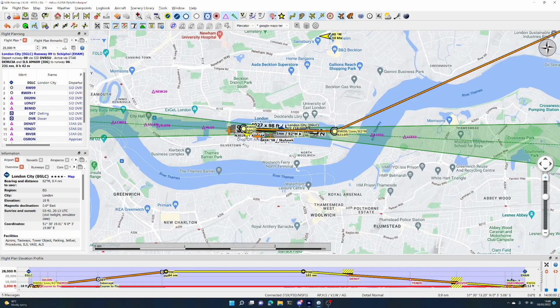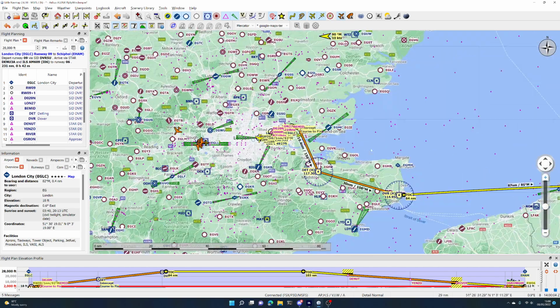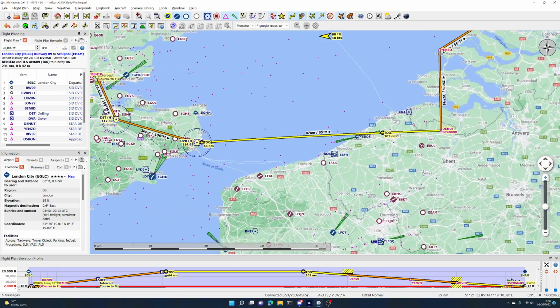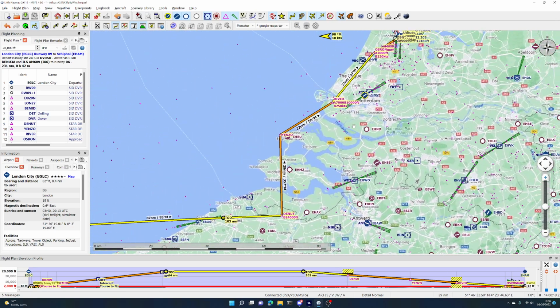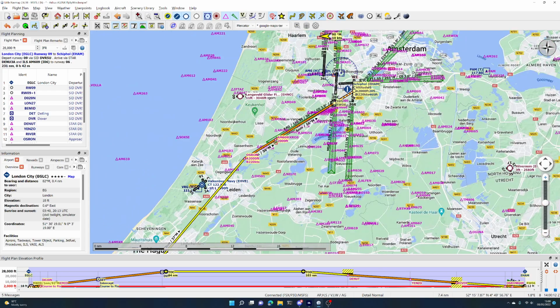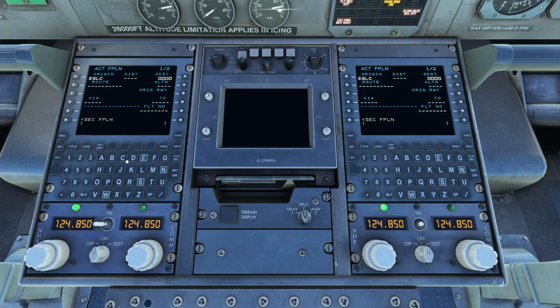So for our example flight plan here, we're going to fly from London City. If we zoom back out with the mouse wheel, drag across, we're going to leave the UK, head east into Europe, and we are going to land at Amsterdam Schiphol. So the code for Schiphol is Echo Hotel Alpha Mike. So we type in Echo Hotel Alpha Mike into the scratch pad, and then click the key next to the empty field,